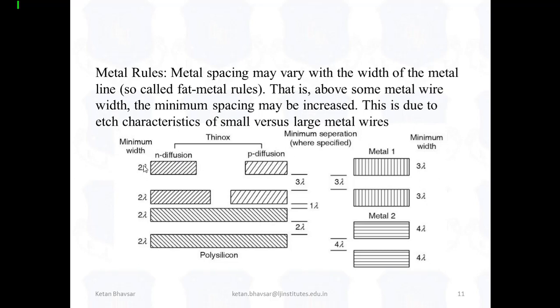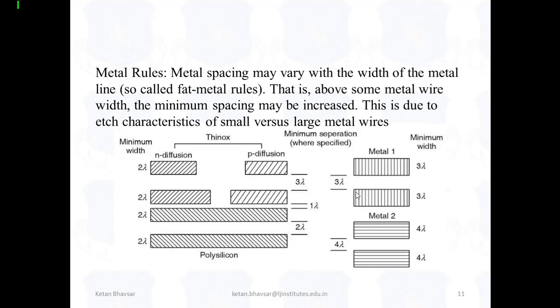Like there are different units like centimeter, meter, millimeter. So in VLSI technology, we have a unit, the lambda based rule. And when you're talking about the distance between two n plus diffusions or p plus diffusions, it should be 3 lambda, as you can see. And when you're talking about the polysilicon, the minimum spacing between two polysilicon is 2 lambda, and the width is also 2 lambda, as you can see.